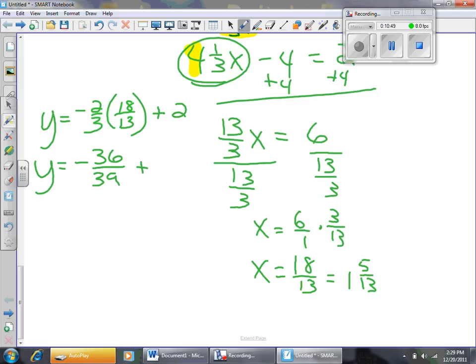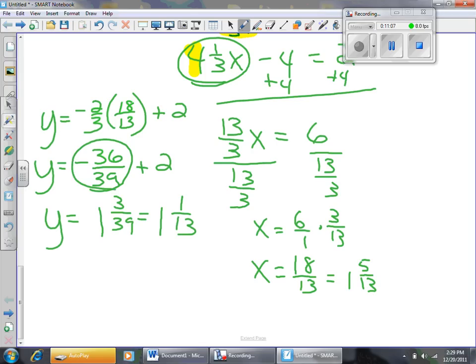36/39 plus 2. Well, I'm almost taking 1 away. Not quite 1, so my answer is going to be 1 and 3/39. But that simplifies to 1 and 1/13. I could have simplified here and then combined the like terms if I wanted. So my answer is going to be 1 and 5/13 for the x coordinate and 1 and 1/13 for the